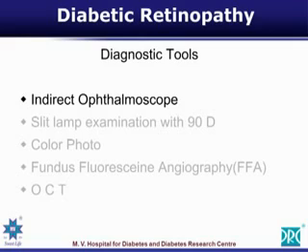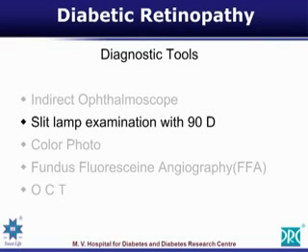What are the diagnostic tools that we have to diagnose diabetic retinopathy? The most important tool that we have is an ophthalmoscope. Here I have mentioned it as an indirect ophthalmoscope. This is more for the ophthalmologist, whereas all the other clinicians and diabetologists use the direct ophthalmoscope. With this, we are directly able to see and visualize the retina, the posterior portion of the retina where diabetic retinopathy has affected, and we are able to classify and follow up after treatment what really happens to the retinopathy.